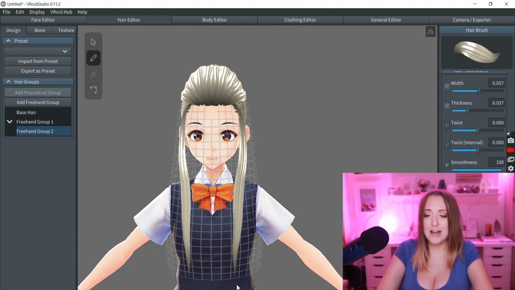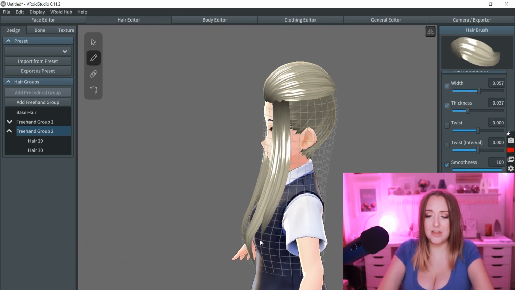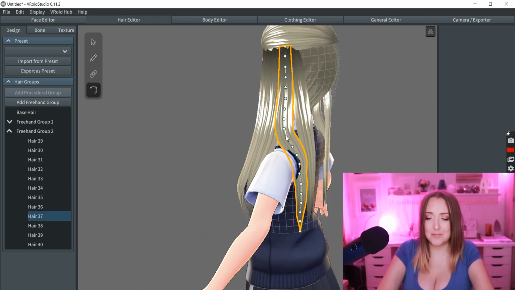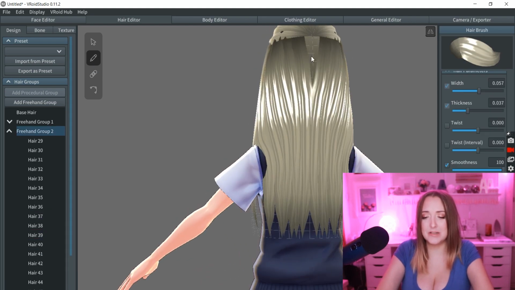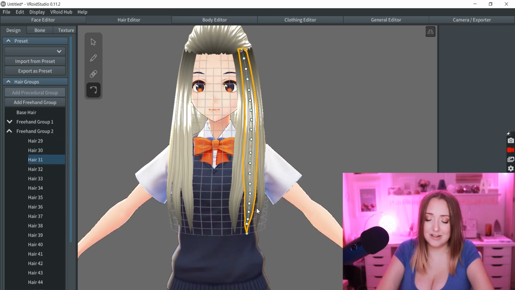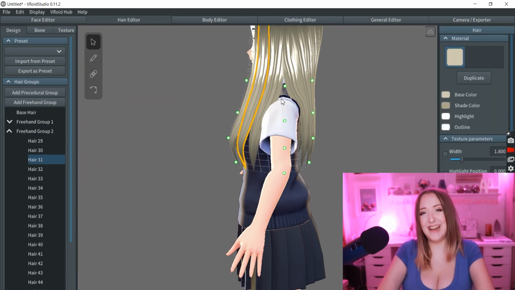And so I just started out making her hair. I made her little top bun thing, which, fun fact, I used to wear my hair like this all the time when I was in high school. I thought it was the dopest thing ever, which maybe shows my age a little bit, but I thought it was so cool. Based on the fact that I'm making this right now, I still think it's pretty cool, in all honesty.